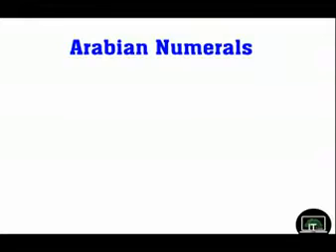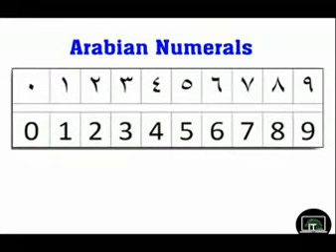Look at these. These are called Arabian numbers. The Arabic people use these numbers for their counting and calculation. In the first line, we can see that these are Arabian numbers. In the second line, we have the general numbers that we use day to day. These are called Hindu-Arabian numbers. So the Arabian people use the numbers in the first row, but we generally use the Hindu-Arabian numbers, which we display in the second line.